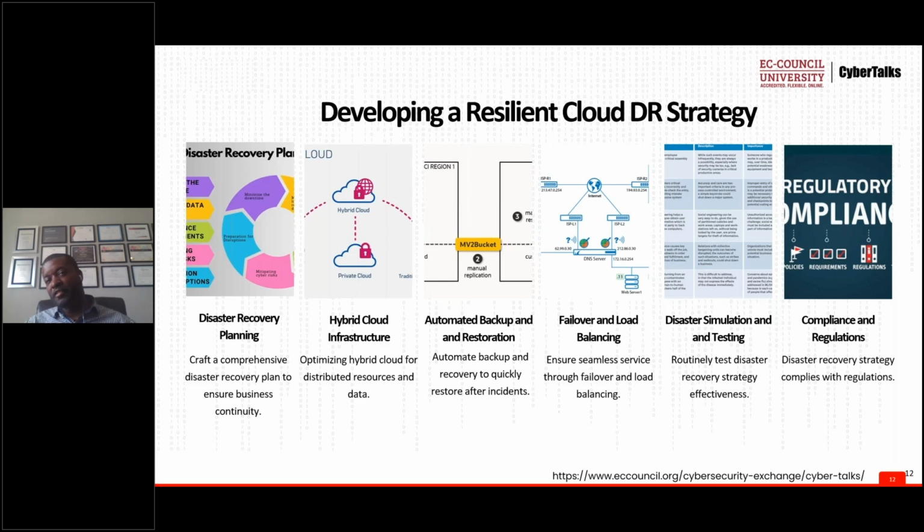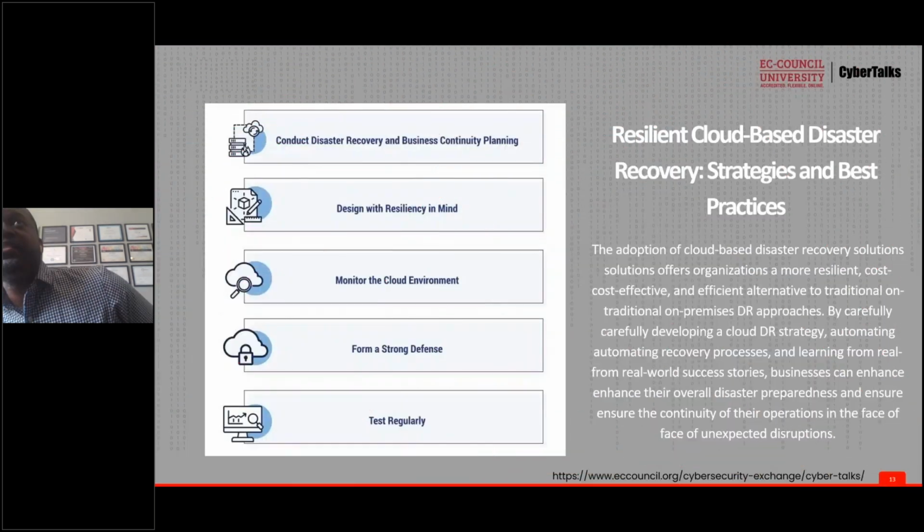So bringing these elements together helps ensure that your disaster recovery plan isn't just designed to survive disruption, but also to maintain business operations throughout it. To wrap up here, let's have a look at the foundational best practices that define a truly resilient cloud-based disaster recovery strategy. Now, these are the principles that tie everything together that we've been discussing: strategy, execution, and